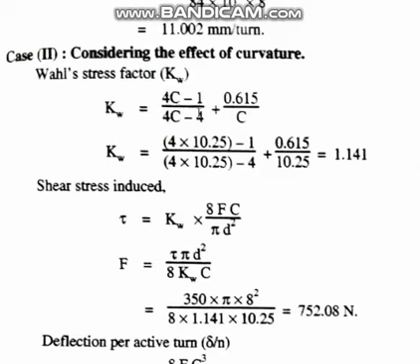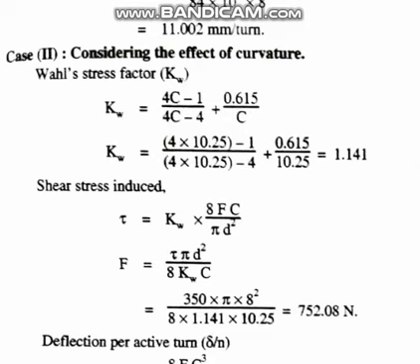This 10.25 we have calculated before. So Kw comes to 1.141. So the shear stress induced, when we consider the Wahl's correction factor, will be this in terms of C. Then you substitute all these values and you will get F is equal to this much,